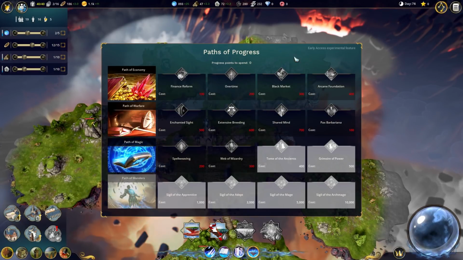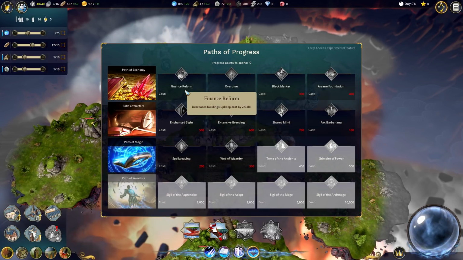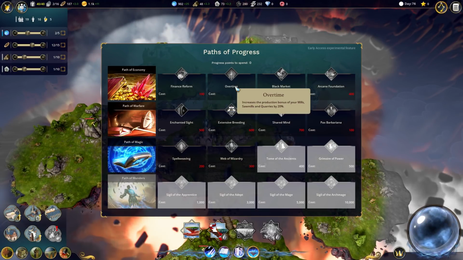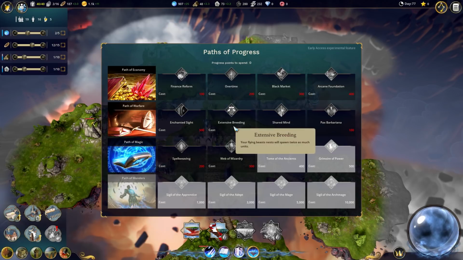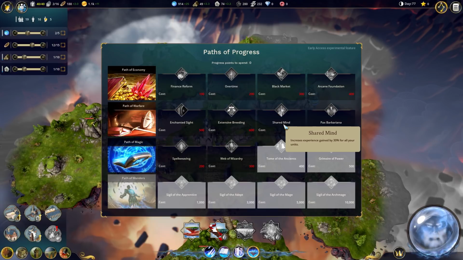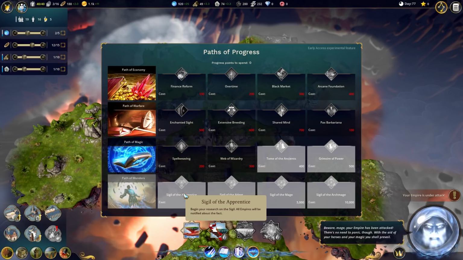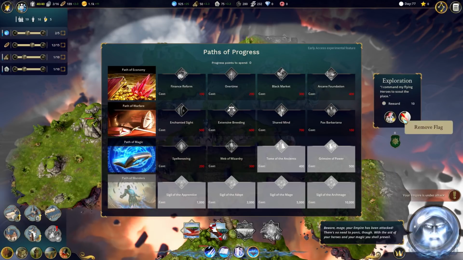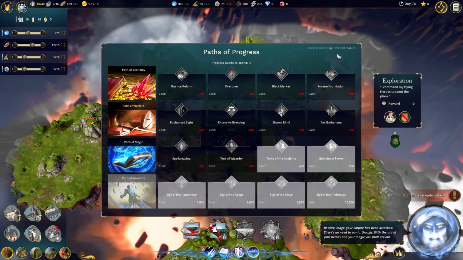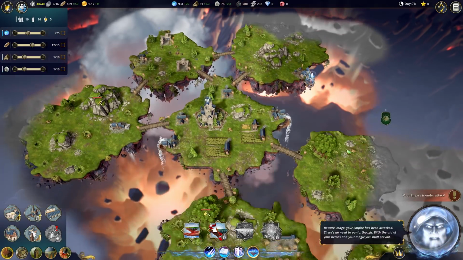This is the paths of progress. Now, paths of progress, there's a path of economy. So you can do all sorts of things, decrease building upkeep and all sorts of things like that over time, increase production, all that sort of thing. We can increase the, we can get flying beasts eventually. Oh my goodness. We can do things to help us with war, we can do things to help us with magic, and I don't know what all these sigils are about. But I guess we'll find out eventually. And that's an early access experimental feature, so that might not be something that stays the same the whole way, but...